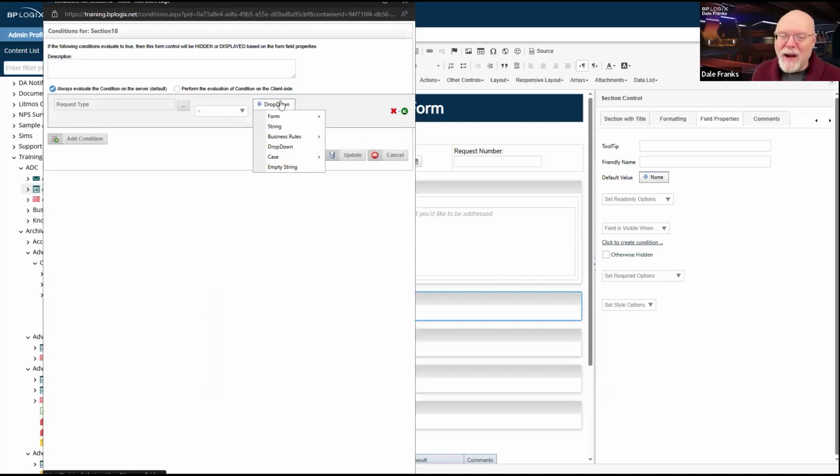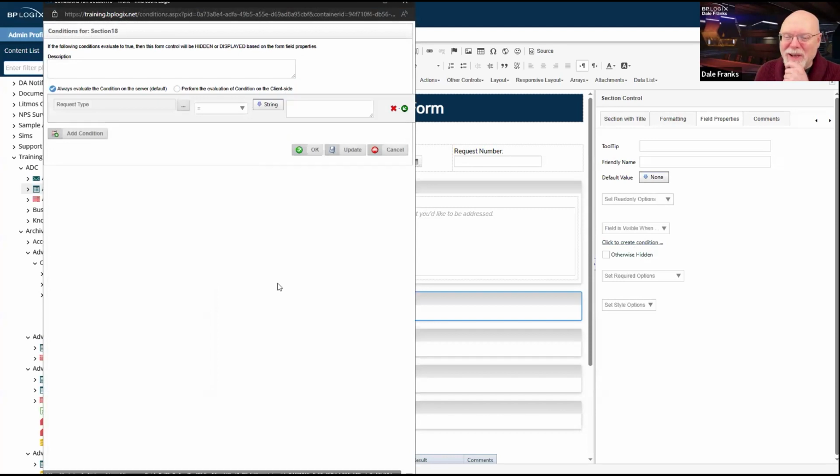I kind of elided past this real quick, didn't I? It was originally set to string. Sorry, I was getting ahead of myself. Now, here's the cool thing: because I'm using a drop-down control, and that drop-down control now has options supplied to it, Process Director knows that request type is a drop-down control.